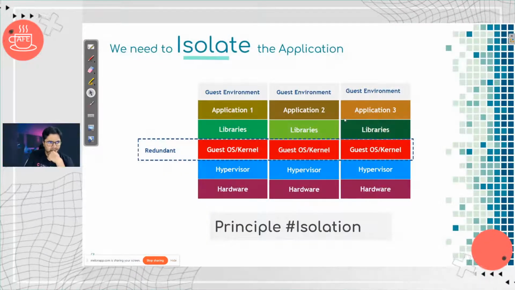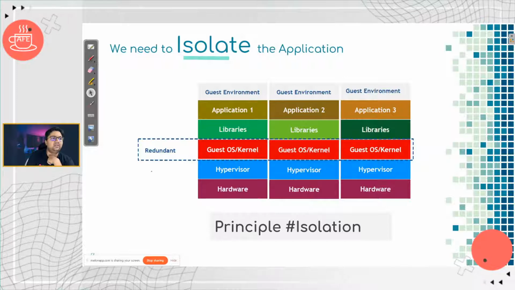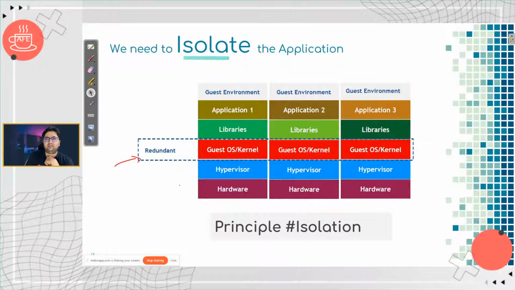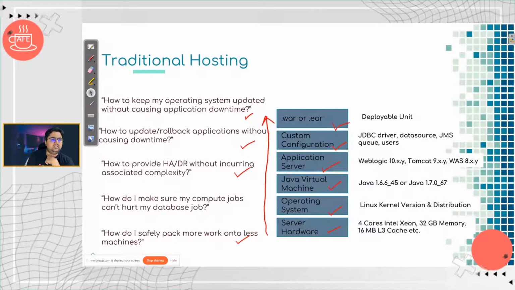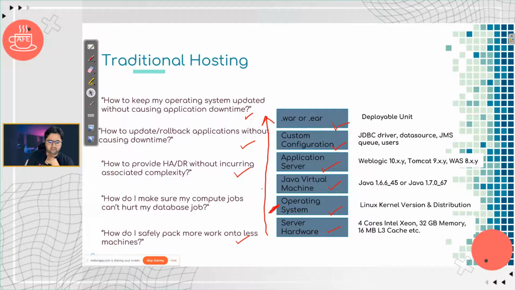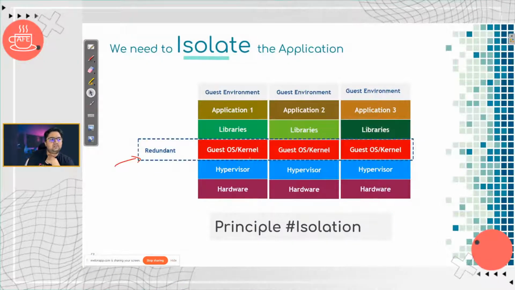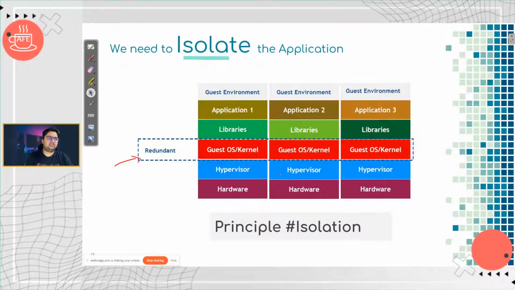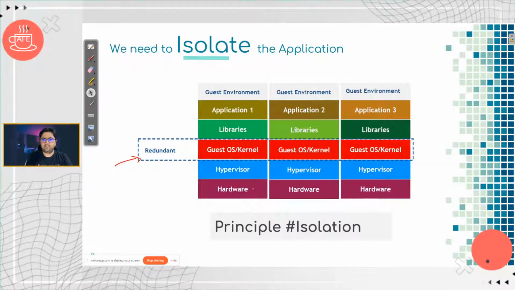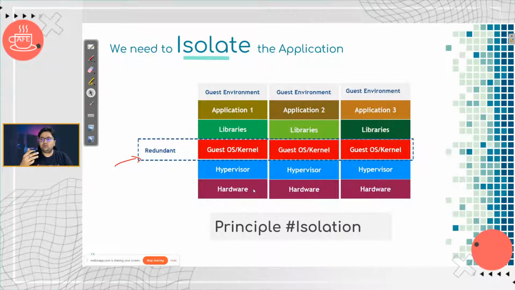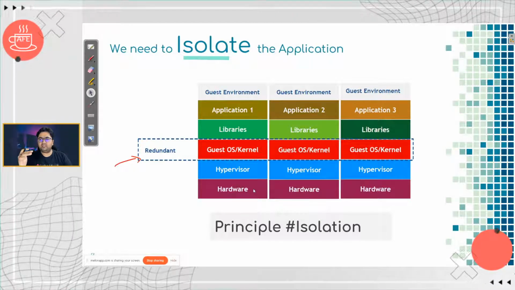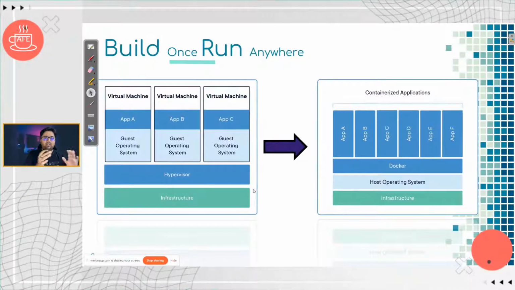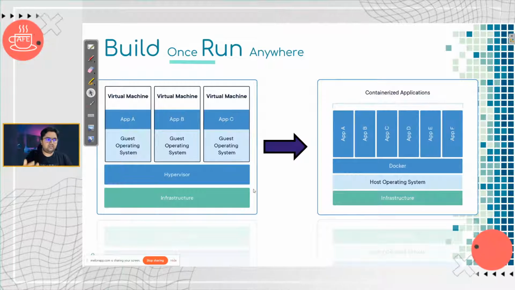But if you actually think about it in multiple setups, this whole guest operating system that I showed, which is this OS in virtualization, is pretty pointless. So if you are able to just take this layer off completely, then I think there's a lot of room to play. So the idea would be that you apply the principle of isolation and see how we can build on top of that. That's what containers are loosely built upon.